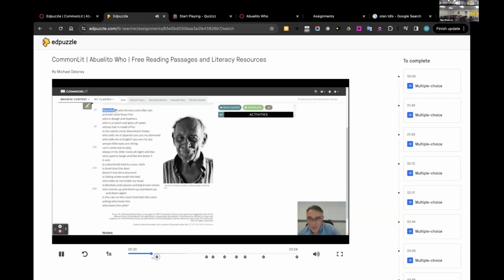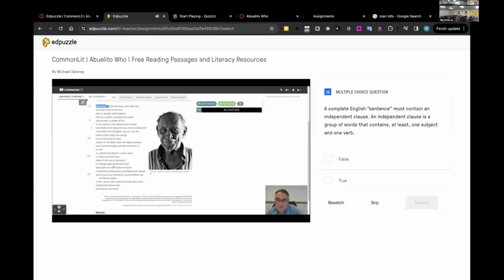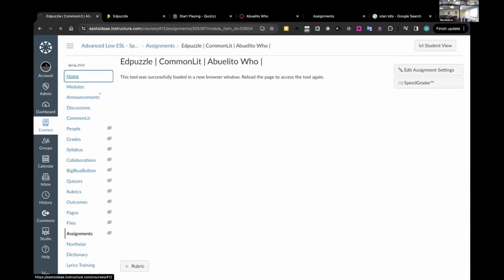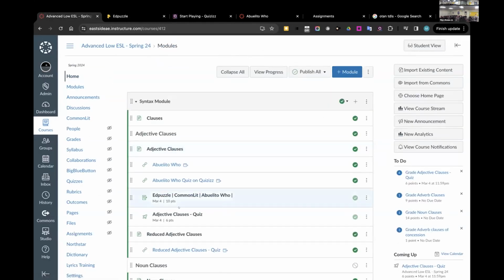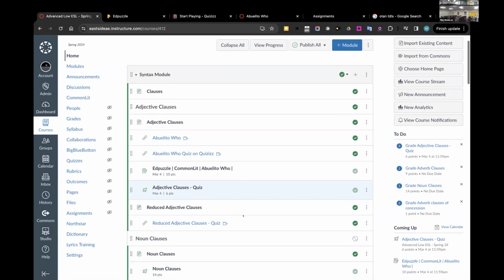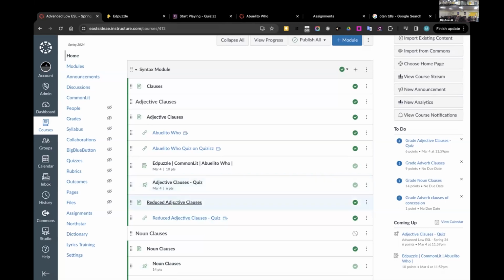So it's using Canvas Studio to do a screen capture and narrate a bit of a lesson, and then I put it into Edpuzzle to turn it into an interactive quiz. And then just a quiz on adjective clauses that I built in Canvas, and then another lesson on reduced adjective clauses and another quiz on reduced adjective clauses.